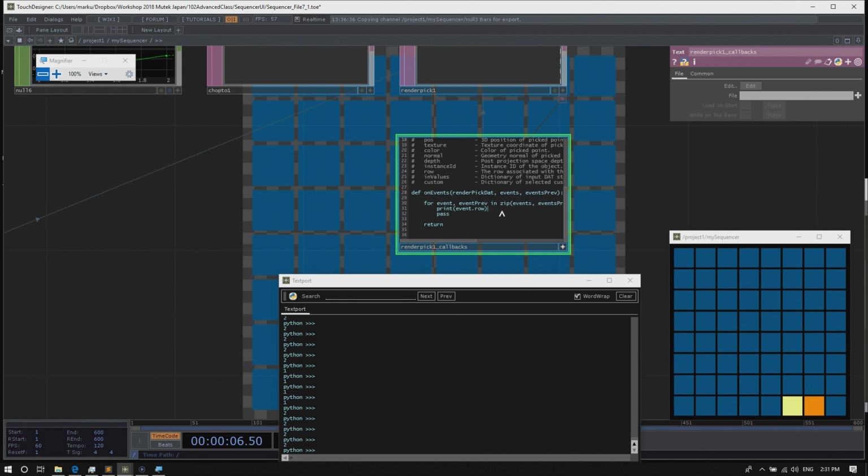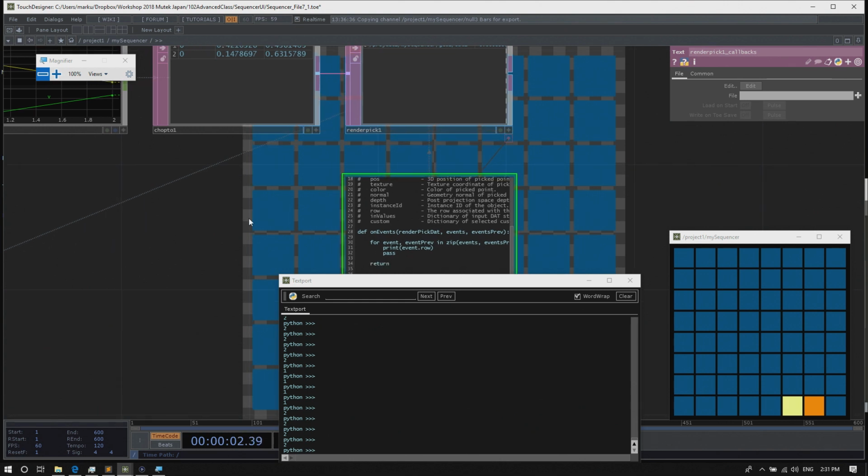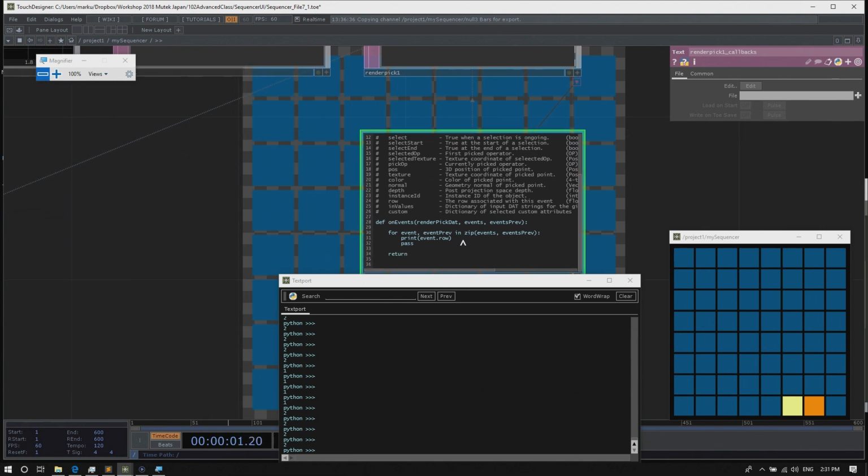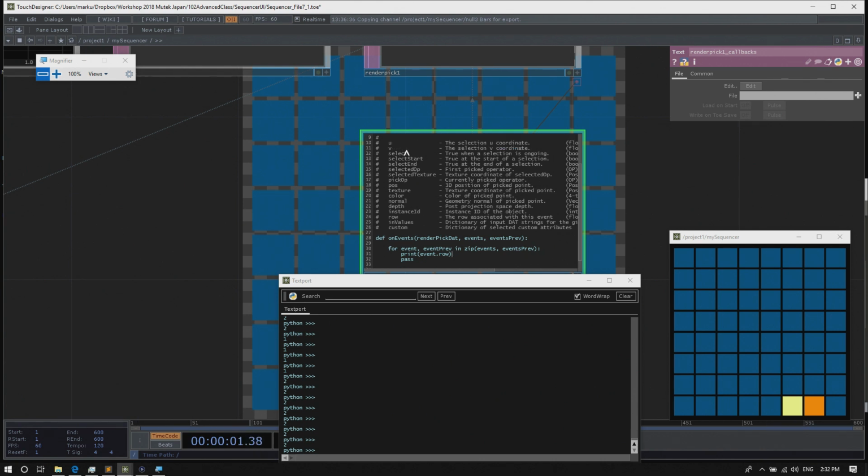Right, event.row basically returns which row the event happens in. Rollover is 2, and clicking a button gives 1, so we can tell which event is happening.